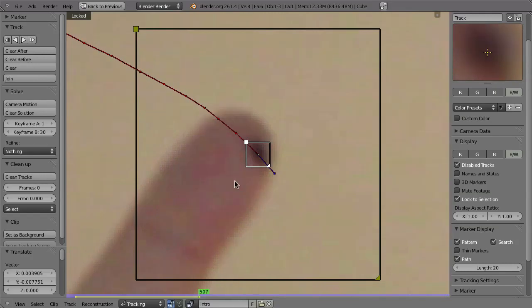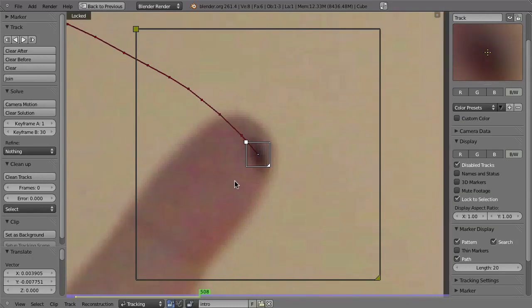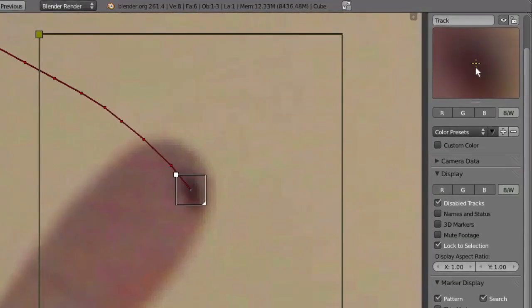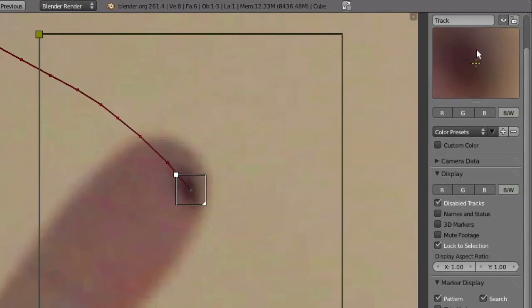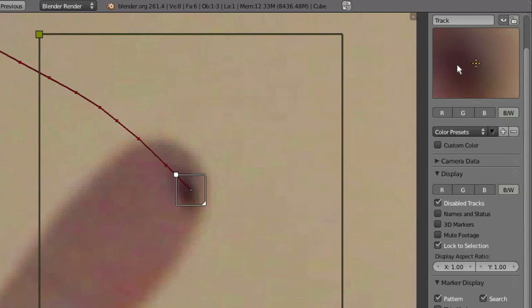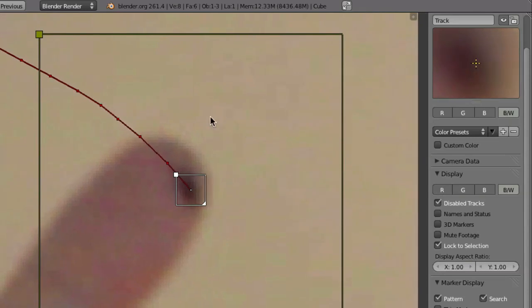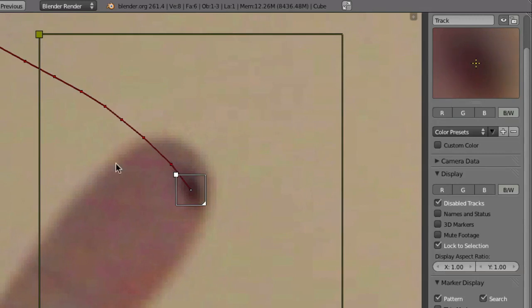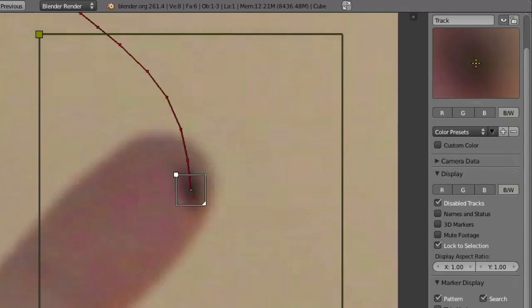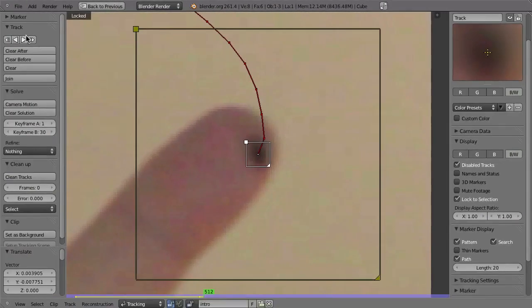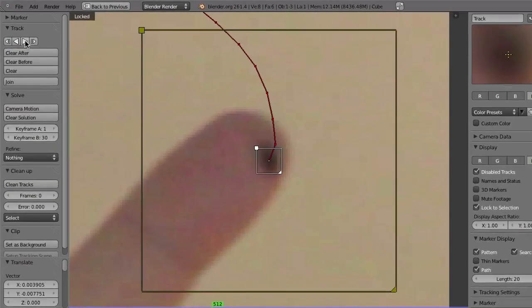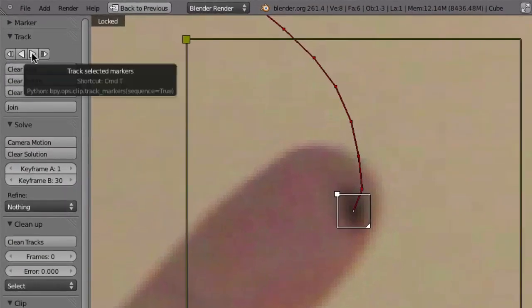And with the arrow buttons you can now compare if everything goes right, and it seems as if we could go a little bit more down. So we could press G again, or we could also simply drag inside of this pattern area up here. So just with your left mouse button, drag here and move it down a bit and then compare if that improves the whole situation. And I believe we can go a little bit more to the left. So like that. And now we can see if that helps, and yes it does. So we can continue on automatically tracking this feature by pressing that button or by using the shortcut.